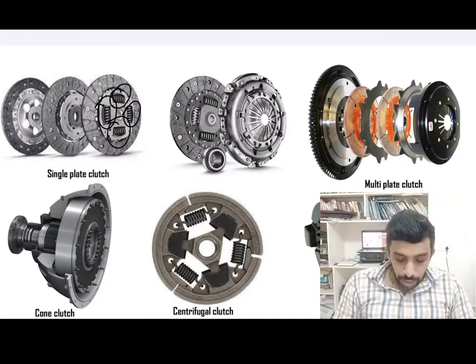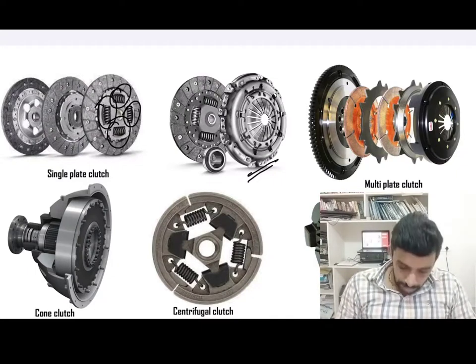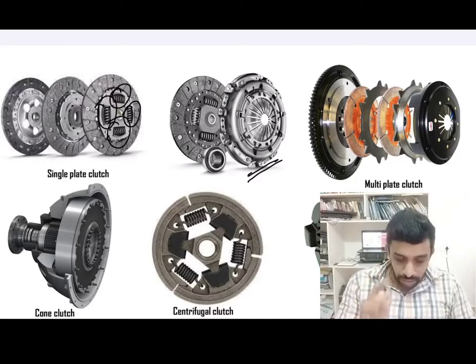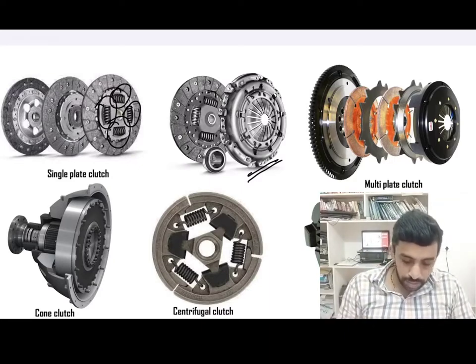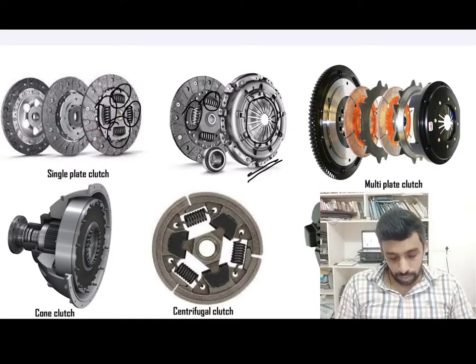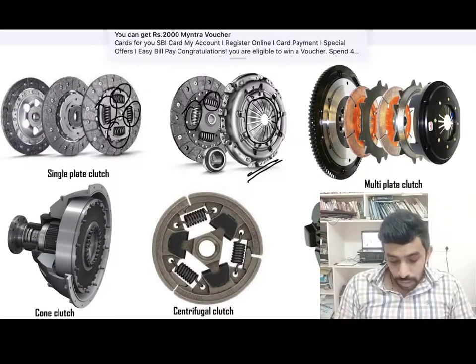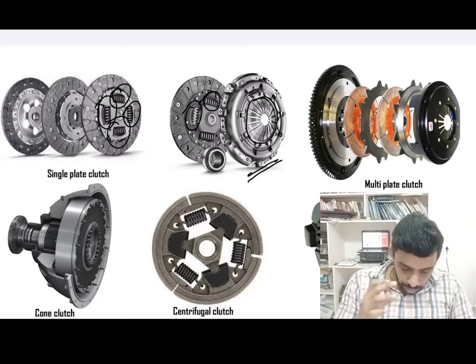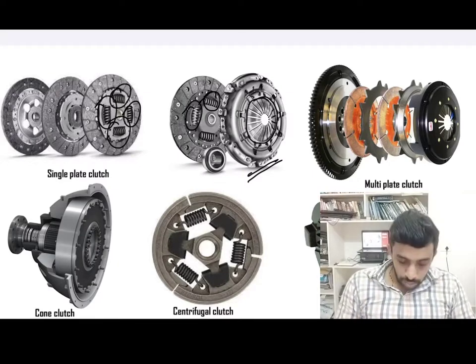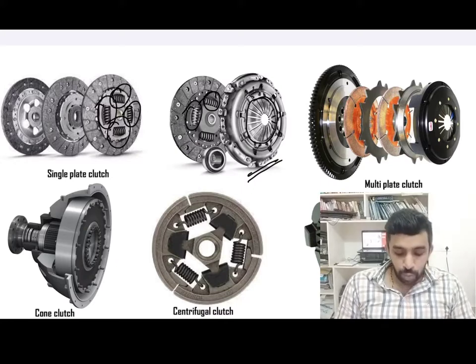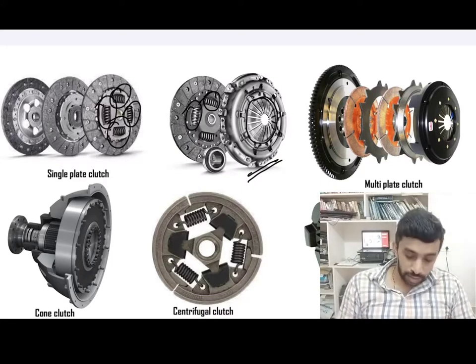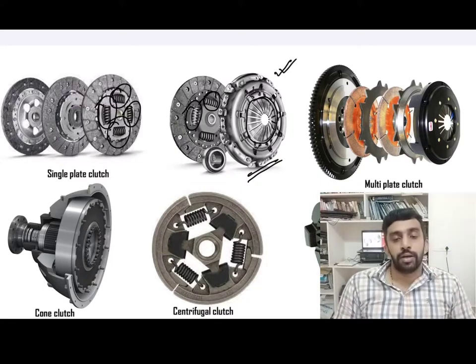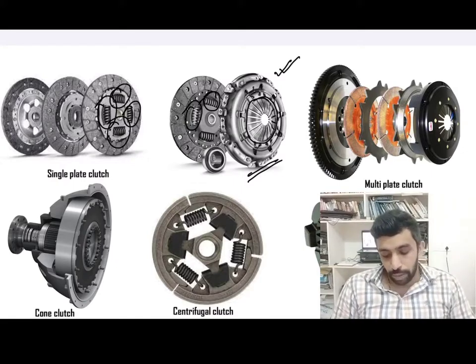Here you can see different types of helical springs being used for engaging as well as disengaging. But if you look at this image, this is also a single plate clutch, but there is a difference here. You can see spiral springs here, along with plate type springs, otherwise called Belleville springs. So this type of spring is also being used. This is another type of clutch, and I think this is one of the major types of clutch used in automobiles.